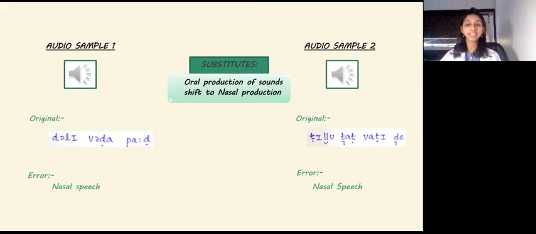Playing for you the second sample. Sample 2. Again, you would have observed that the articulation remains intact in terms of its precision and intensity